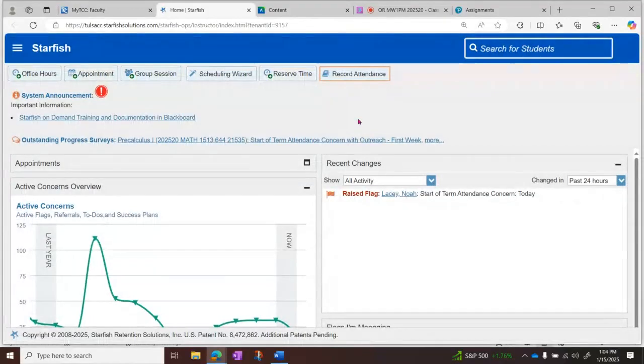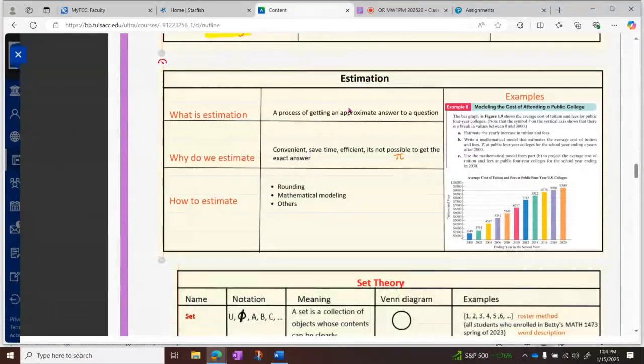Based on the syllabus, today we are going to cover section 1.2. What do we learn in section 1.2? Estimation. All right, I'm going to show you my table note for this section. What is estimation? Estimation refers to a process of getting an approximate answer to a question. Why do we need an estimate? Sometimes we need an estimate for convenience. For example,